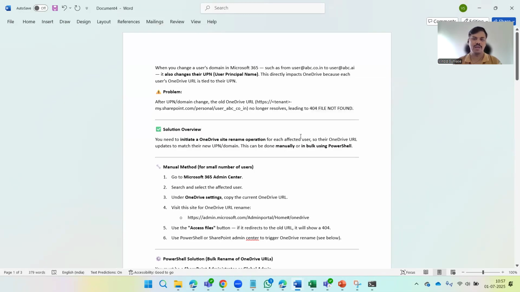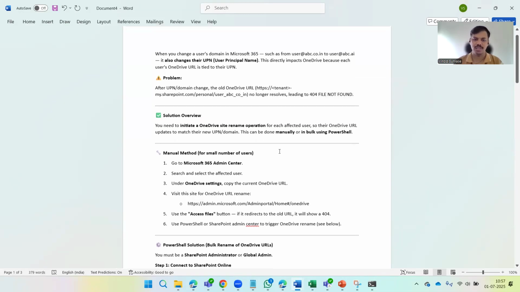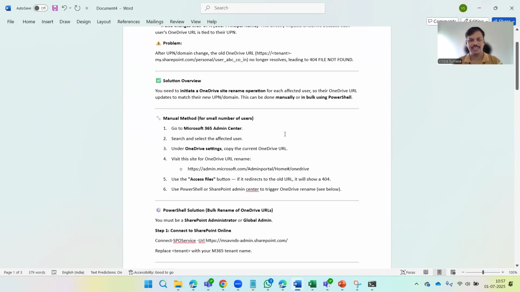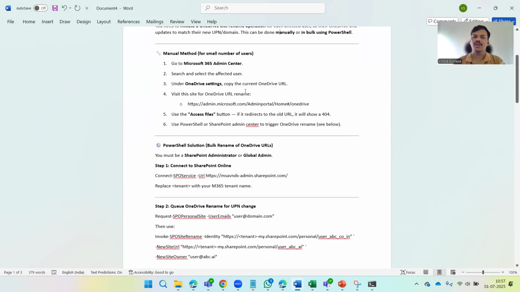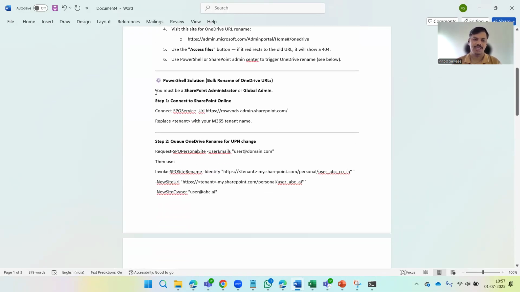This was a 404 file not found, and the solution. So these are the solution steps that we can do, right? But these steps are not really going to work on an individual user account, because they might not be technical enough. And that is why we as IT pros have these steps to take, right? So we need to connect to